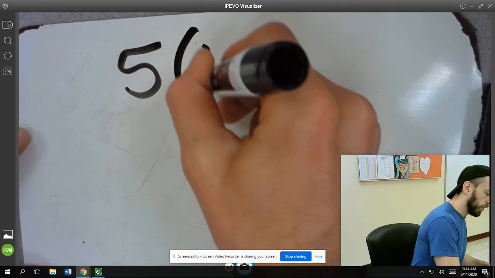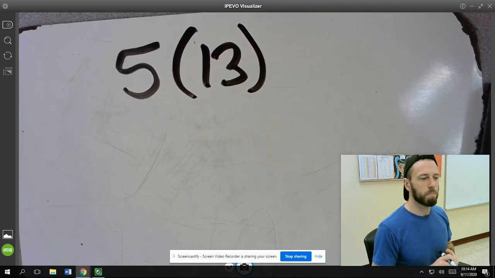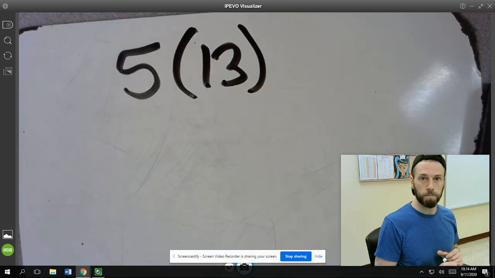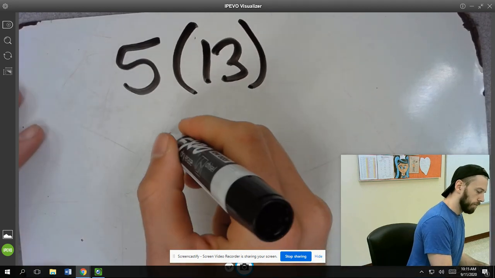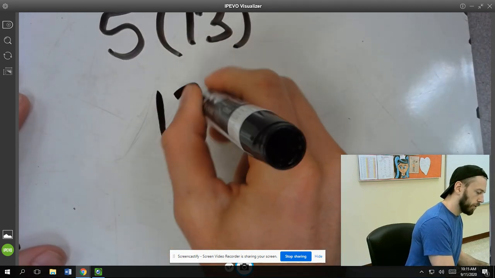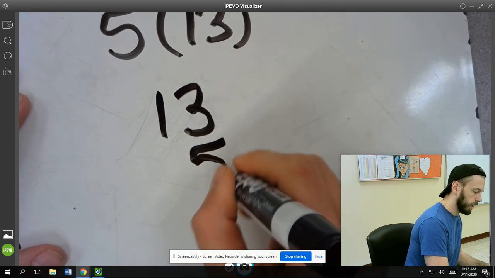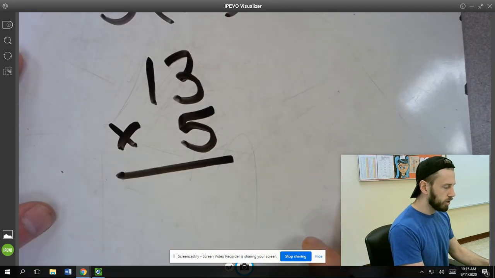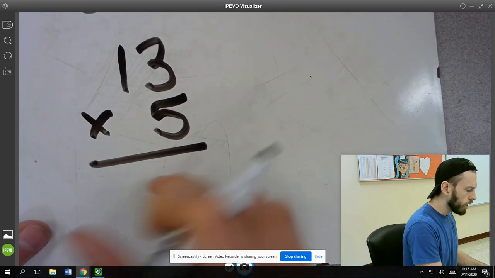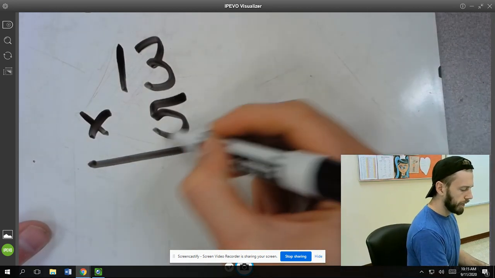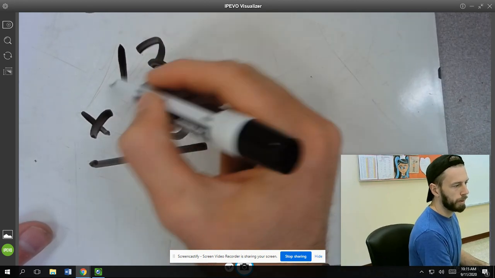Anytime you see a number next to another number in parentheses, that means just to multiply. So this means 5 times 13. Okay? 5 times 13, if we were to do this arithmetically, we would just put 13 because it has more digits on top and then the 5 on the bottom. And the way we do this, I'll use my little X right there. That one's okay. Is we take each place from the bottom number and multiply by each place in the top